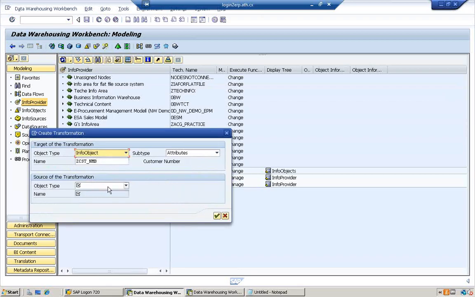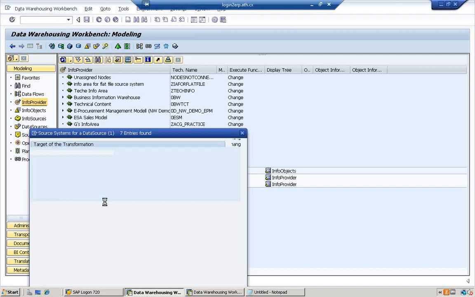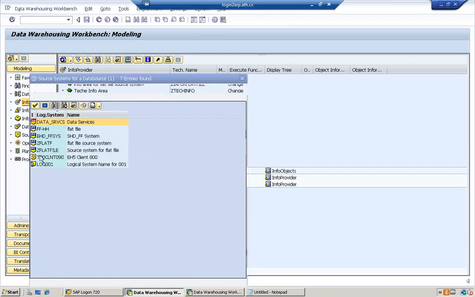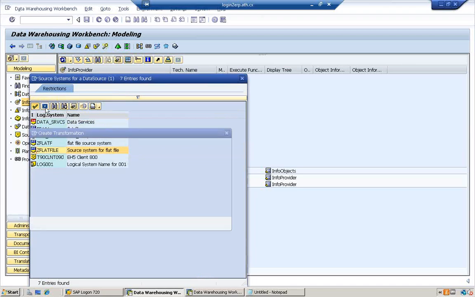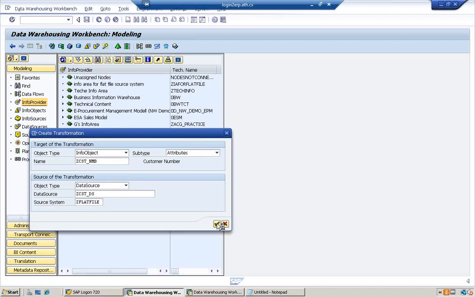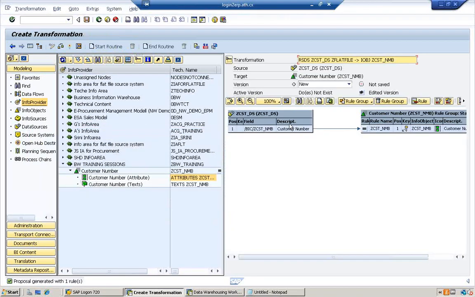You could go ahead and tell the object name, which is data source, and you can mention the name of the data source as well. The source system was the flat file, so you mention the name of that flat file as well. And click continue. So once you do that, you'll find that the customer information from the data source is being pushed to the